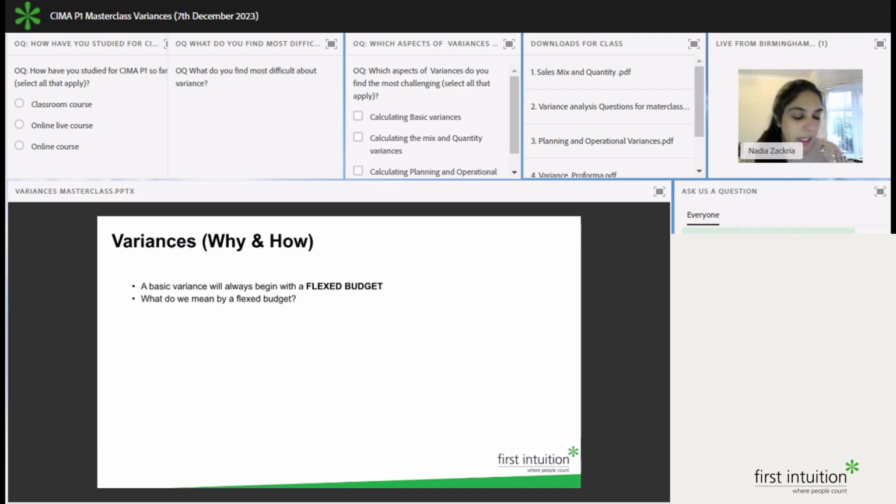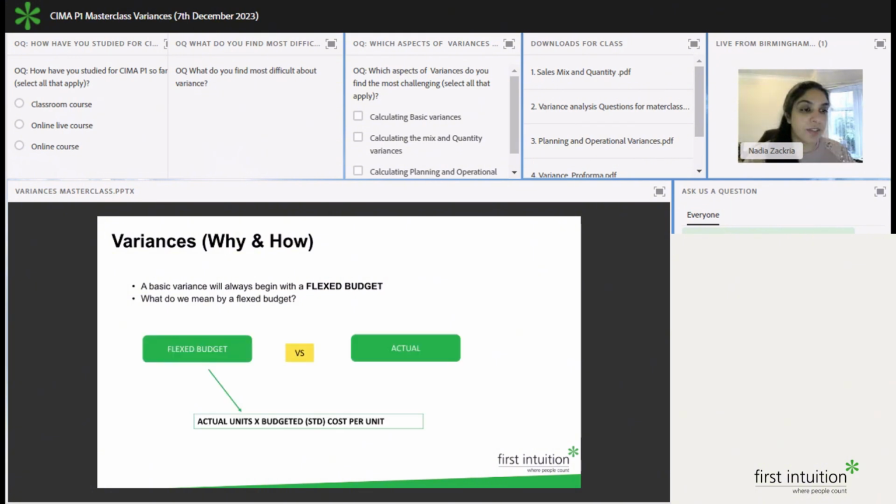Now, budgeted standard cost per unit is always given to you in the exam. You should be able to find out what it is that you're using. This then is compared with actual. Now, the reason we do this is the original budget would have been planned for 10,000 units, but the actual production would be for 12,000 units. So we cannot compare the cost of 10,000 units with 12,000 units